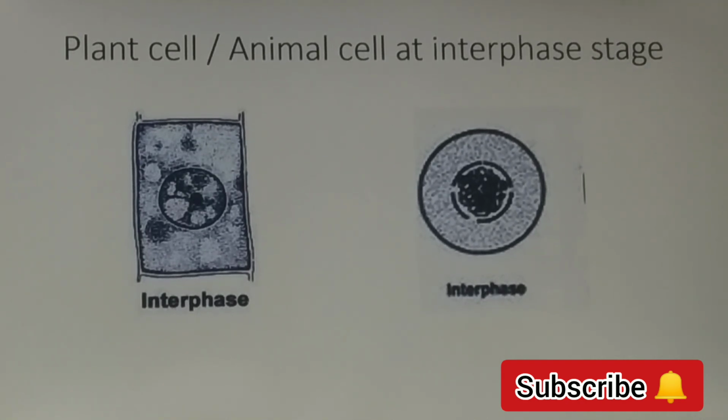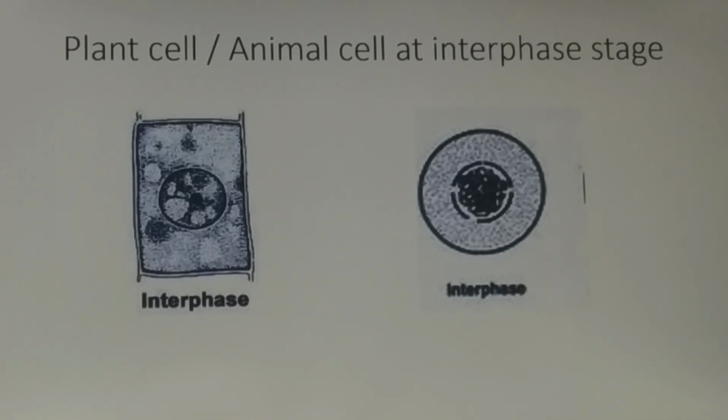So draw the centrosome. Centrosome is a region outside the nucleus, close to the nucleus in the cytoplasm. And the centrosome contains the 2 rod-shaped structures which we call as the centrioles, which initiate the process of cell division. So only in animal cell we find the centrioles.